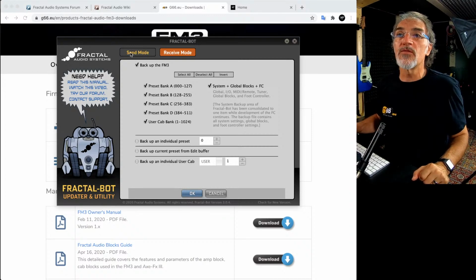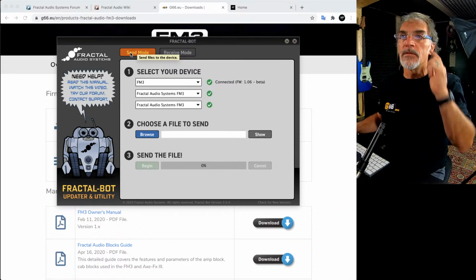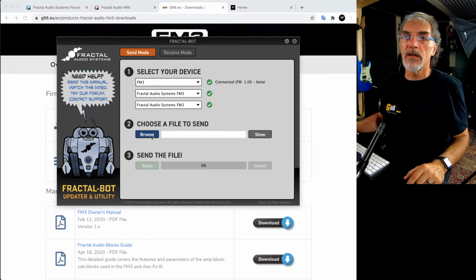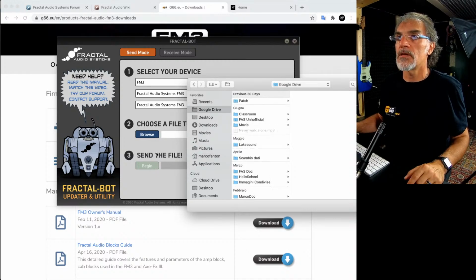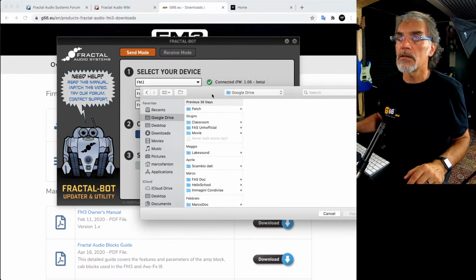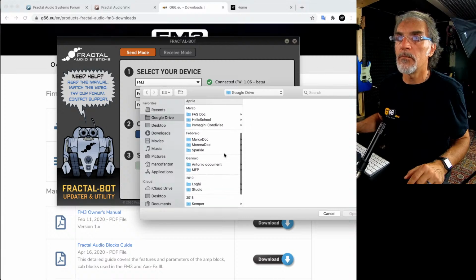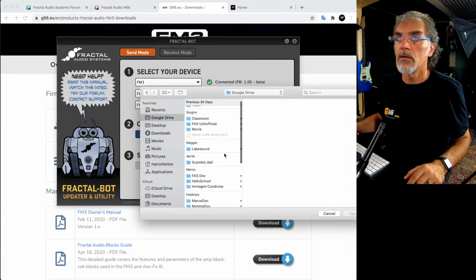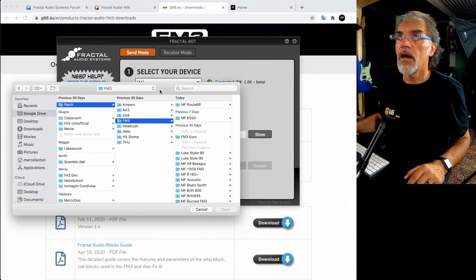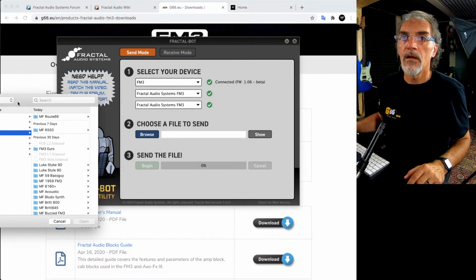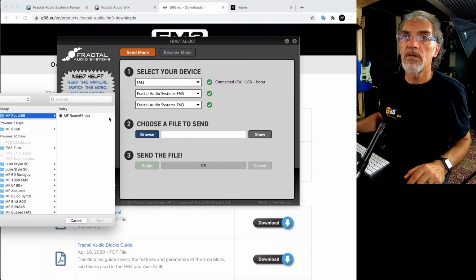You can also install presets. For example, you can select a preset with the browser. Here I can select a patch, FM3, Route 66.